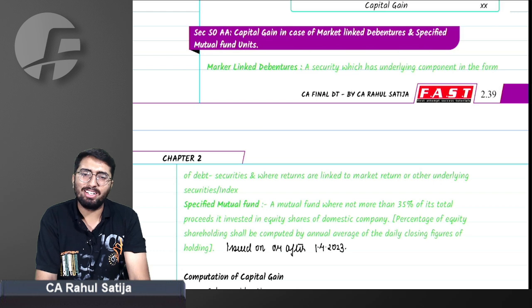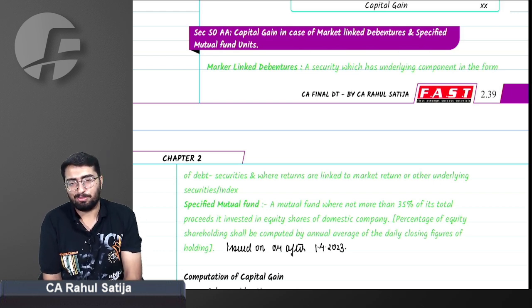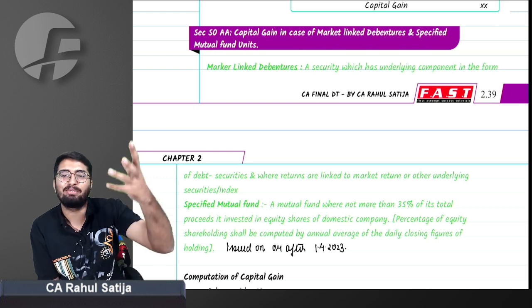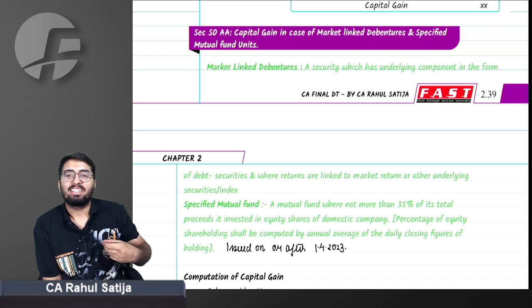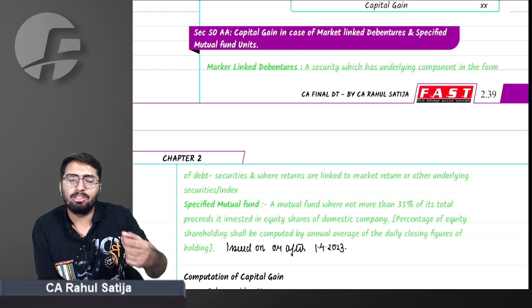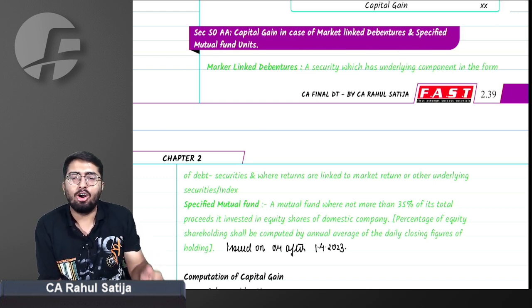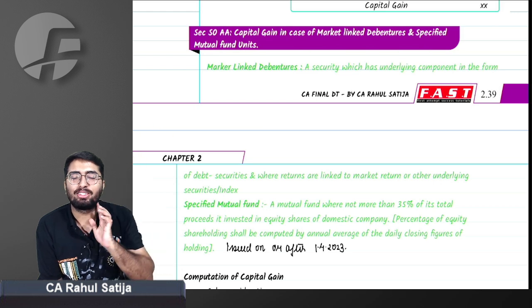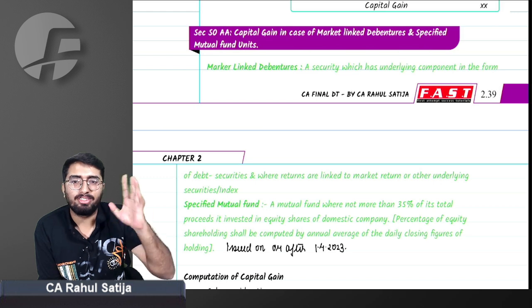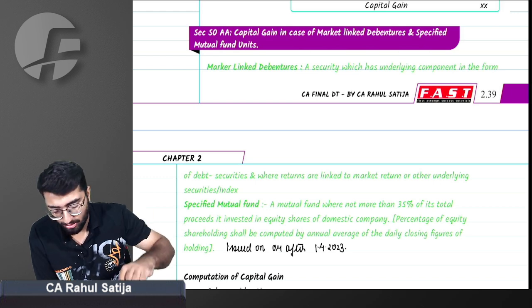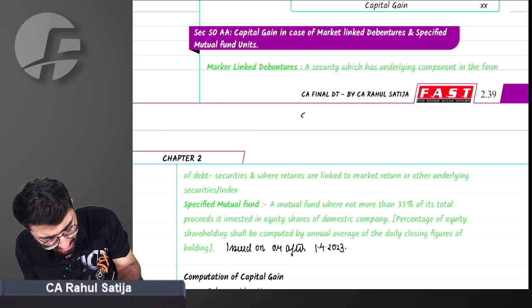Now the question arises, what are market linked debentures and what are specified mutual funds? Let me tell you. I made an agreement with you that I issued debentures not having any fixed coupon interest, any fixed coupon rate. I said I will pay you interest based on Nifty. Sir, how? For example, I issued debentures saying that